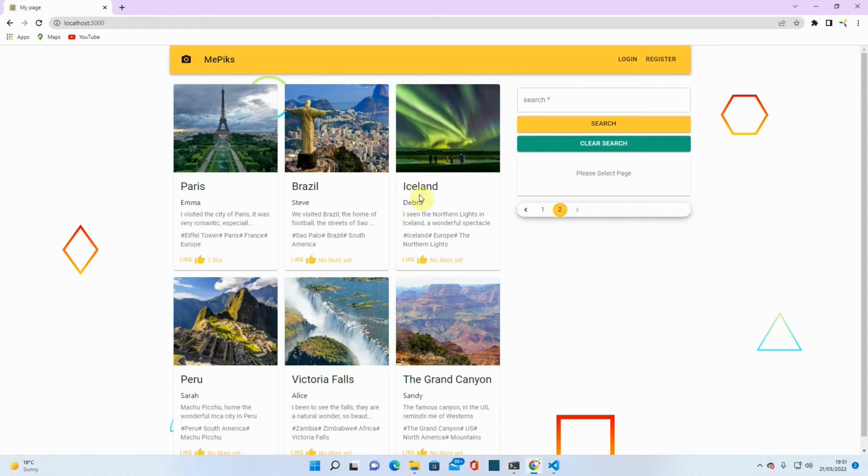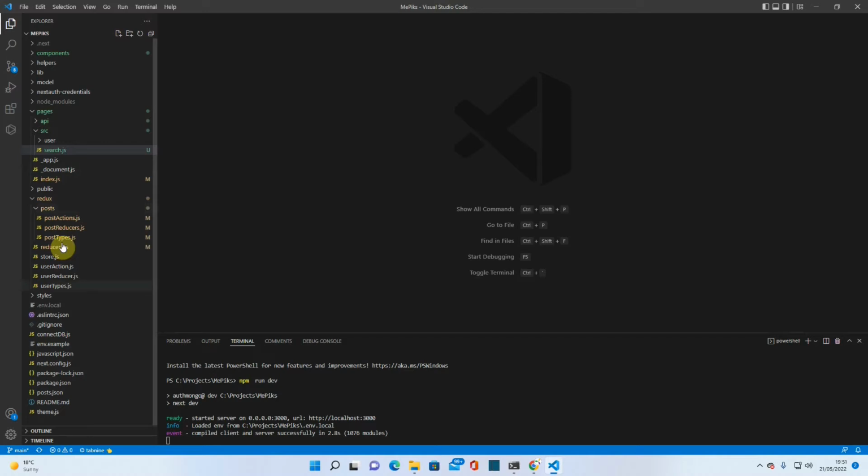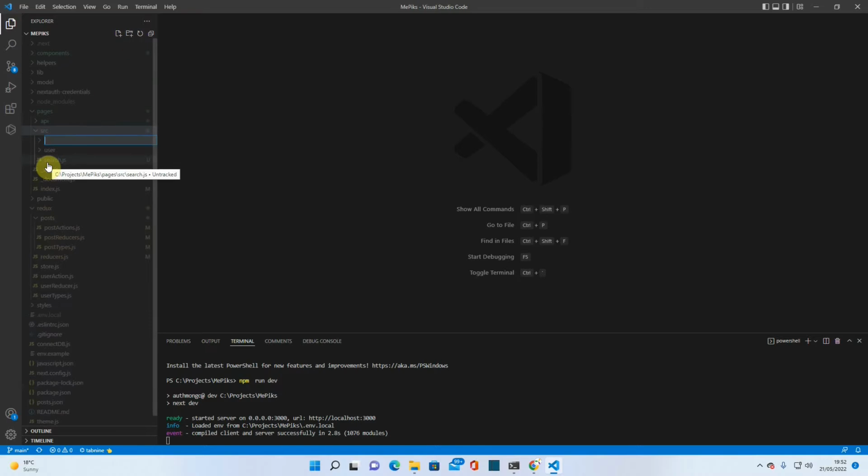Create a card details page. So when we click on one of these cards, it's going to go through to give a few more details about this card. So the way we're going to do that is come into here, and we're going to create that details page first. So we're going to go src, and in here we're going to create a folder called post, and then in that post folder we're going to create a post id.js